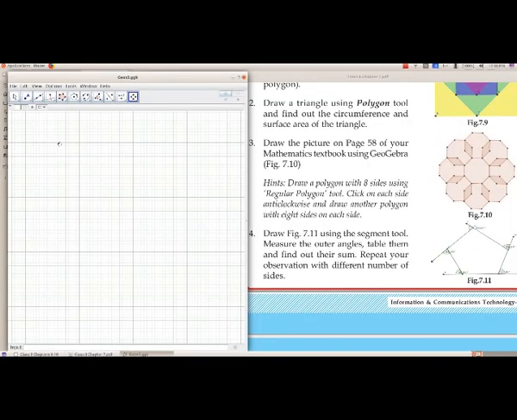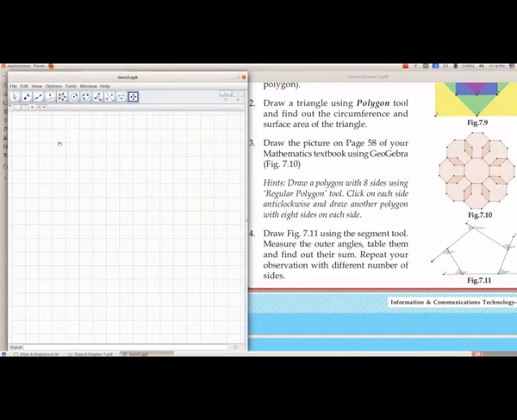We will do the second question given in the extended activities. Draw a triangle using polygon tool and find out the circumference and surface area of the triangle. So to draw the triangle from group 5, we have to select polygon.